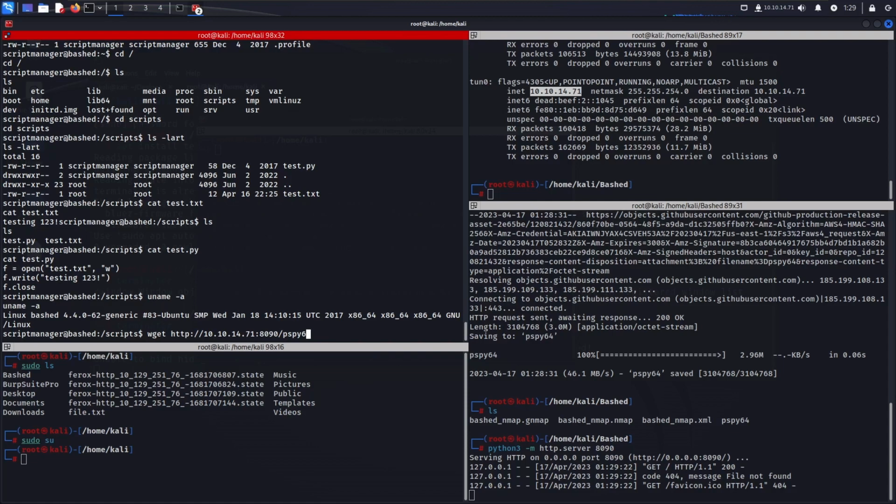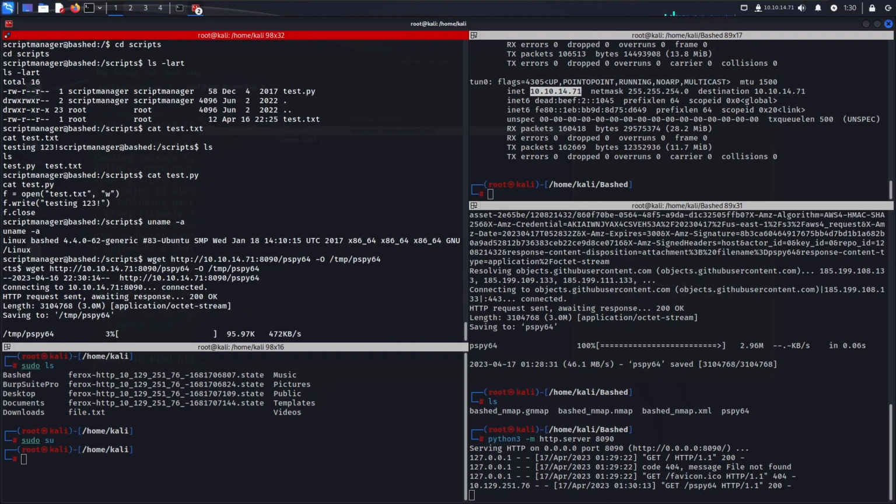We might not be able to write to this directory because of the permissions, so we'll use -O and write the output to the tmp folder, because usually anyone can write to the tmp folder on a Linux system. pspy64. Okay, if we run that,